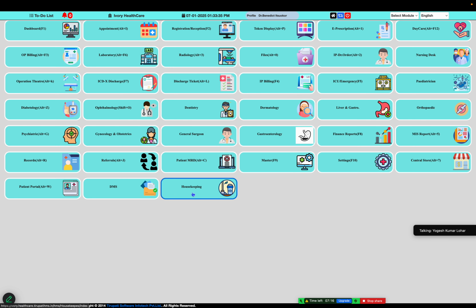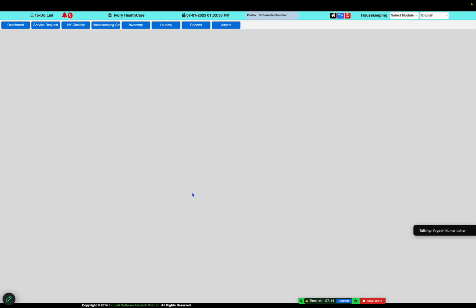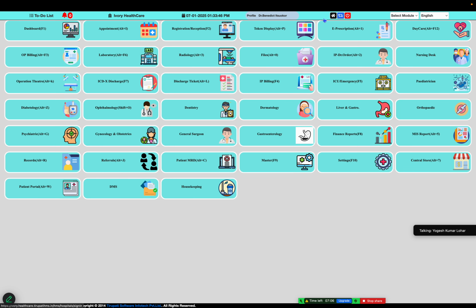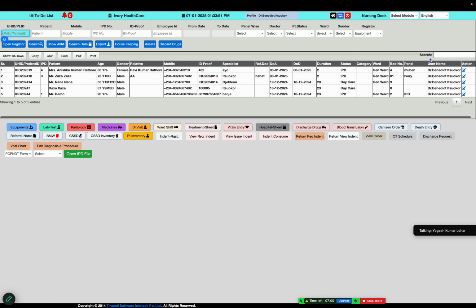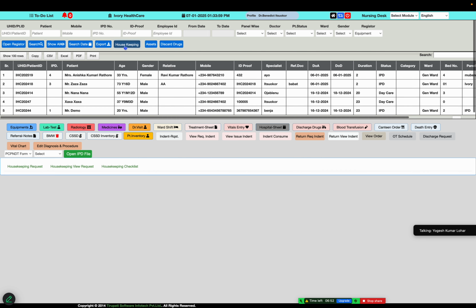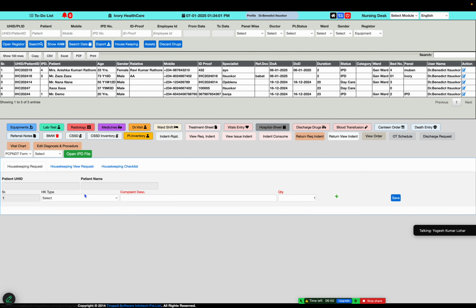It's a module which helps you with cleaning and maintenance services for all departments. For example, if the nursing department is requesting cleaning for bedside or the nursing desk side, they request here housekeeping service. So we assume that for a housekeeping request, one nurse goes here and wants to raise a housekeeping request. At this moment, what they can choose is mopping, plumbing, maintenance, carpentry, laundry, inventory, or swiping, so we put here a swiping request.